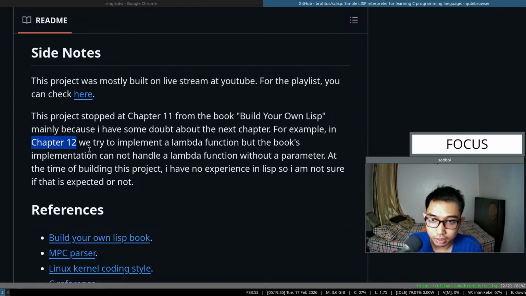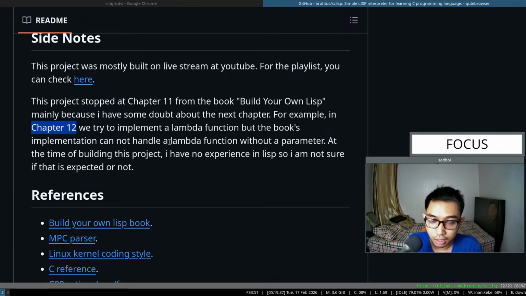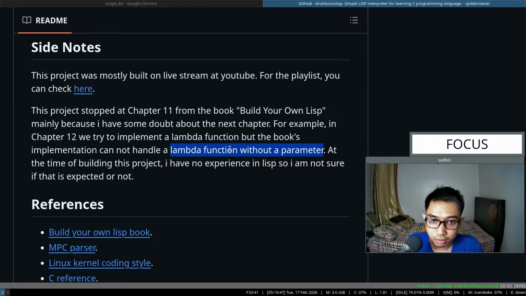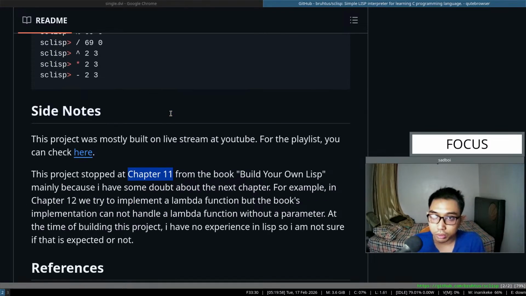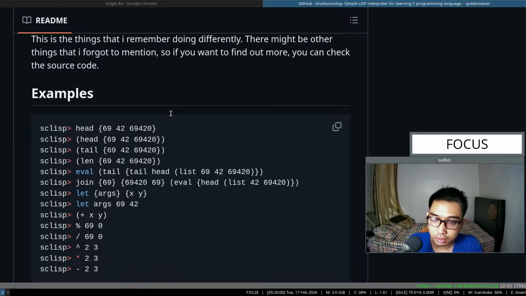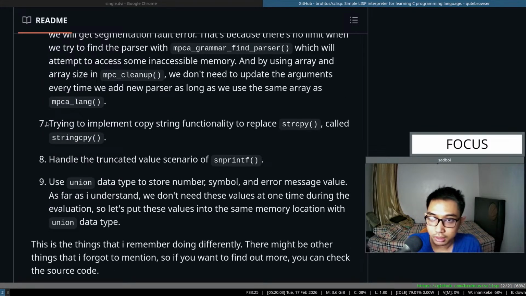For example, chapter 12. I've tried that the lambda function implementation cannot handle, what is it called? The function without parameter. So I stop at chapter 11 and focus more on the C implementation, like trying to implement copy string functionality